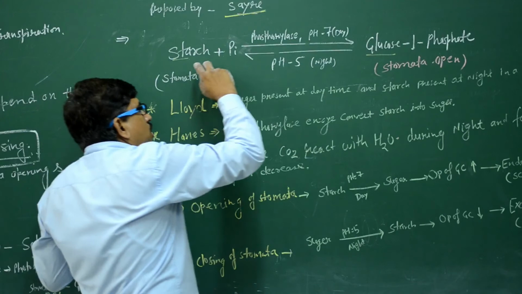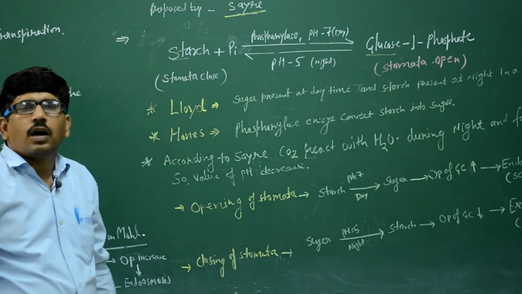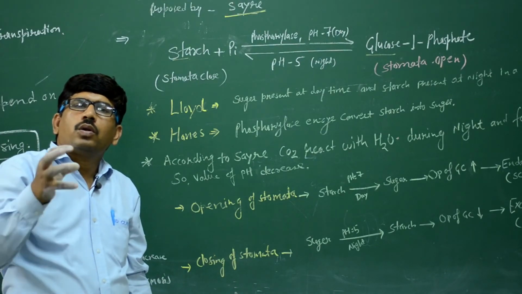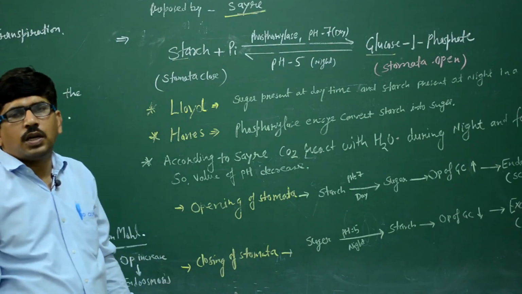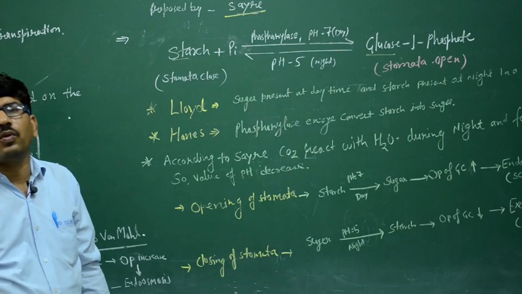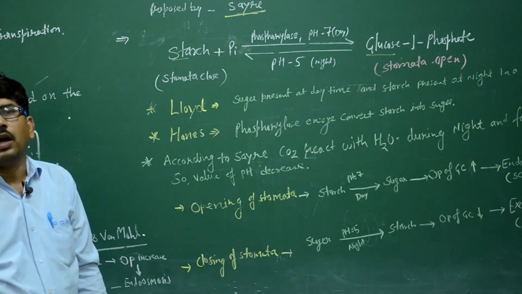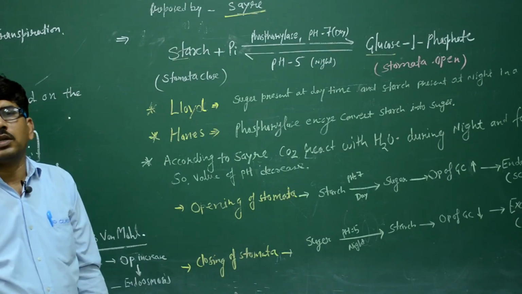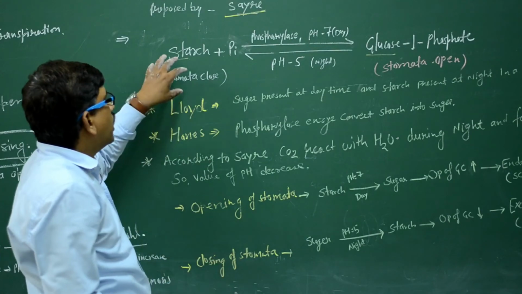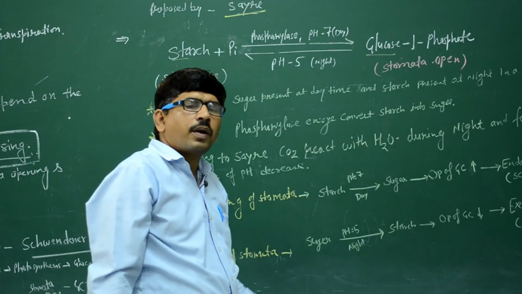Then starch is converted to glucose, and glucose 1 phosphate is dissolved in water. So the OP of the GC increases, and due to endosmosis the water moves from the subsidiary cell to the guard cell, and the guard cell is turgid and the stomata is open. Clear? Next, at the night, ये तो दिन में हुआ, पर रात में कैसे हुआ?